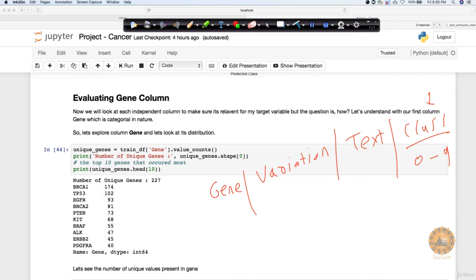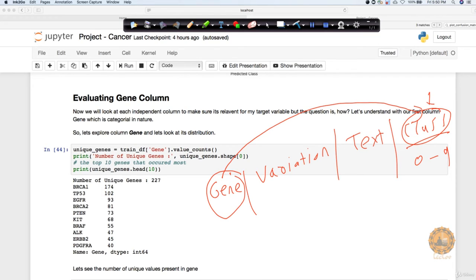Now what we are going to do is understand how impactful this gene is for the class. Meaning, is gene really an important independent column if we have to predict the class variable? That's what we're going to figure out first.